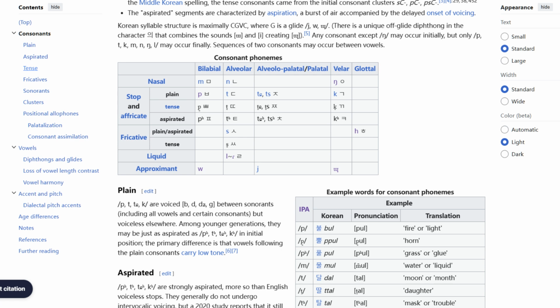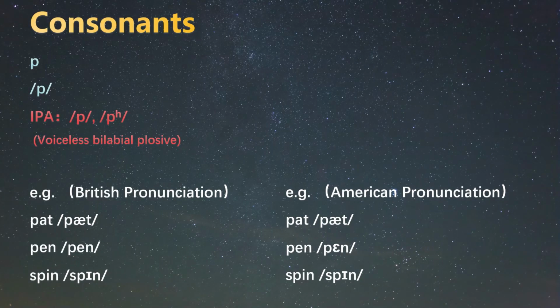Now let's listen to standard recordings to understand how these sounds are produced. The key with plosive sounds is to learn how to articulate aspirated voiceless sounds, non-aspirated voiceless sounds, and voiced sounds effectively. Pat,